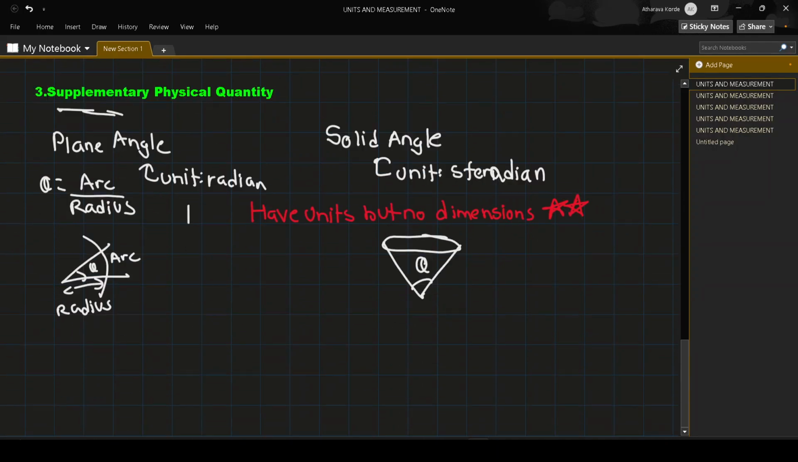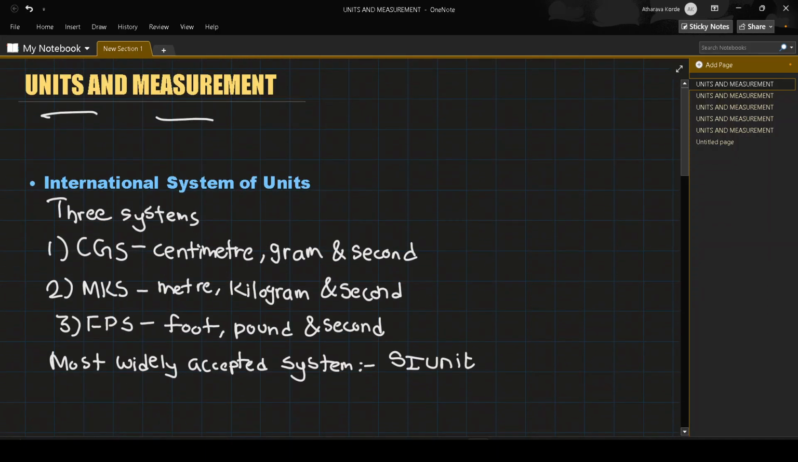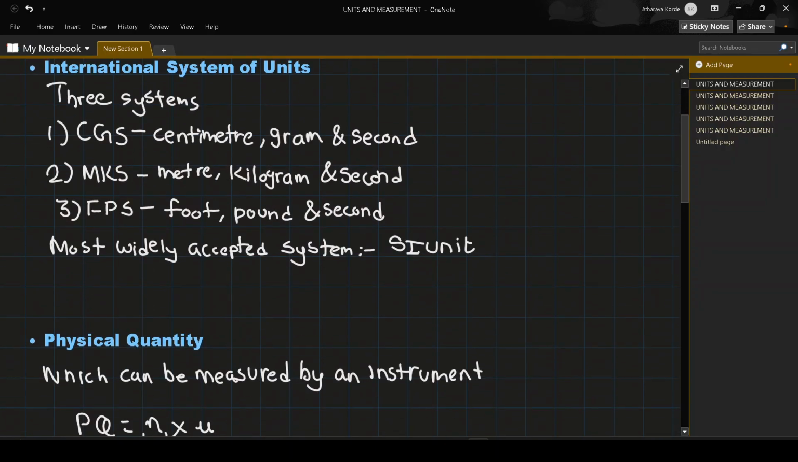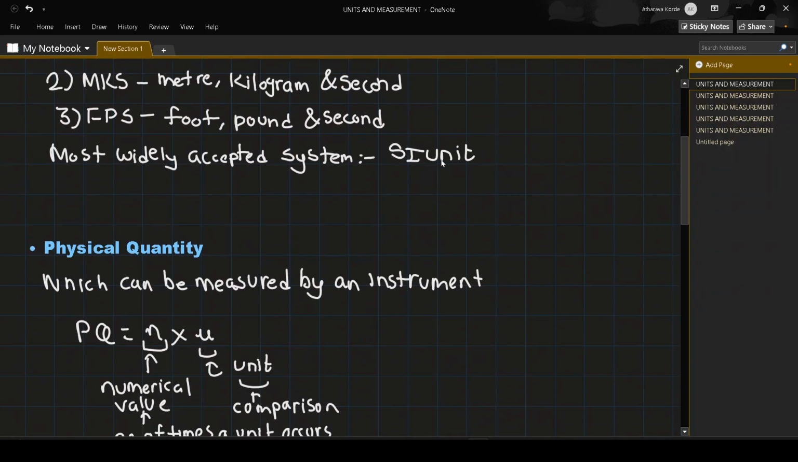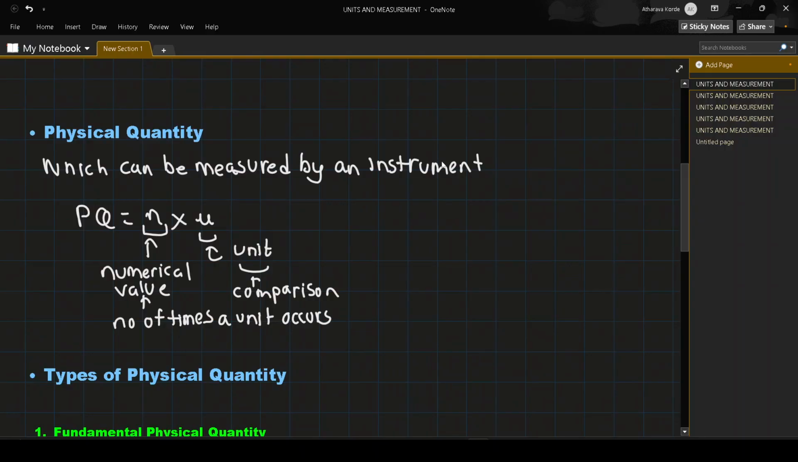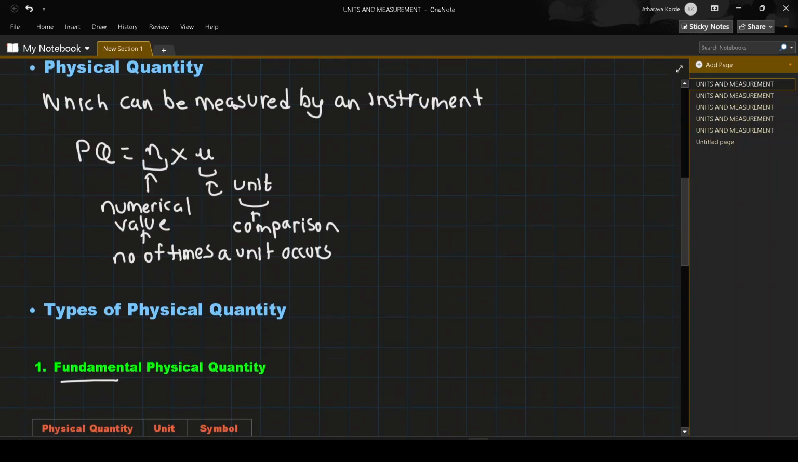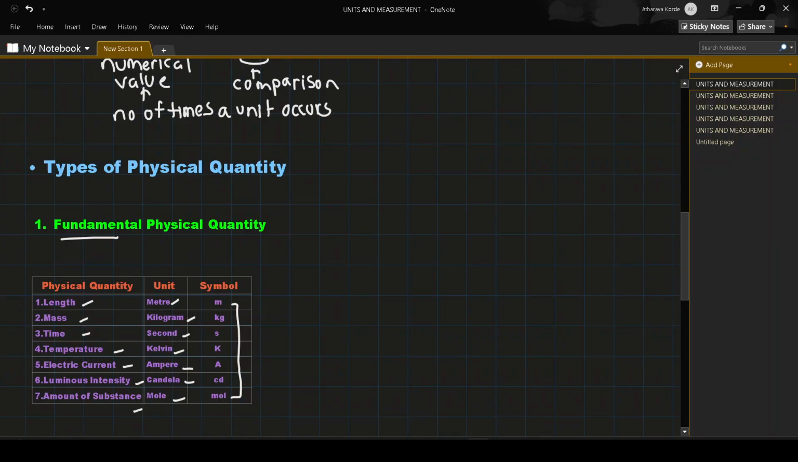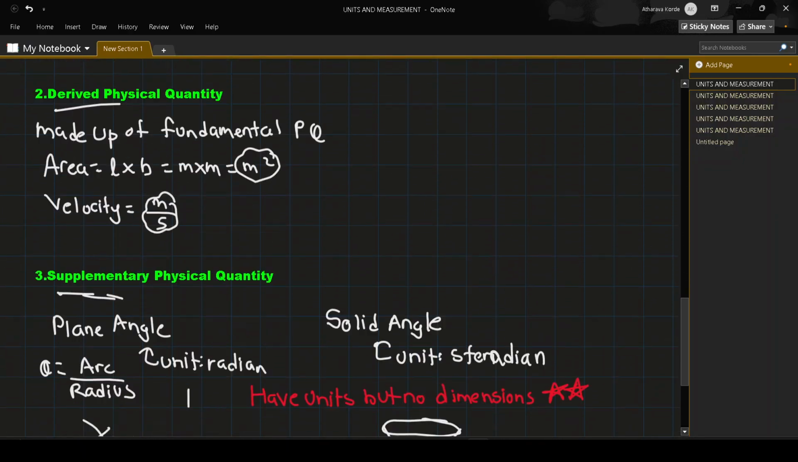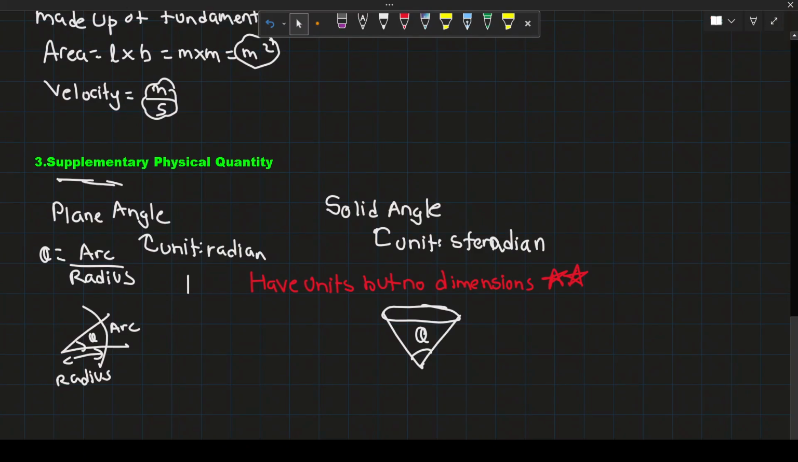On this slide, revising everything in short, we saw about the three international systems of units, and the most widely accepted being your SI unit. Then we saw what a physical quantity is. They have two parts, numerical value and a unit. Then we saw the three types of physical quantity: fundamental, derived, and supplementary. Moving on to the next page,